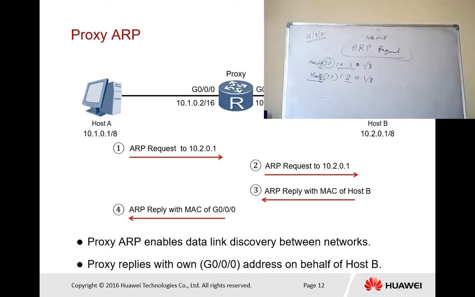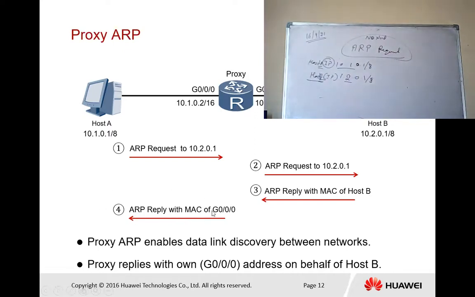First it will send the ARP request, as shown in the image. That is an ARP request to 10.2.0.1, which is your destination. Then the reply comes back from the destination: ARP reply with MAC of host B. But the proxy server sends its own address.